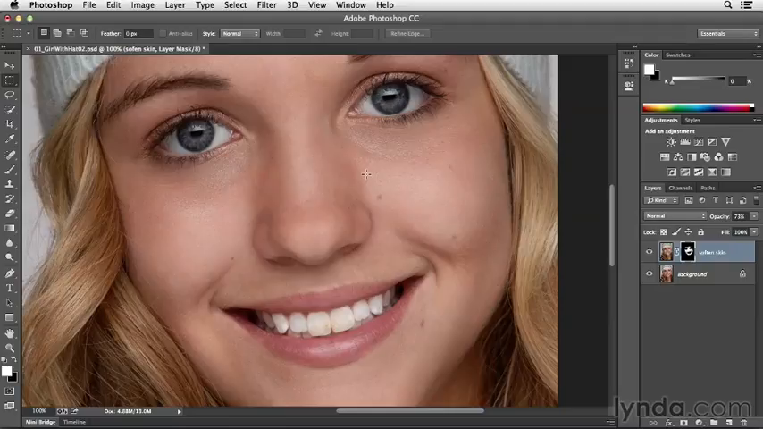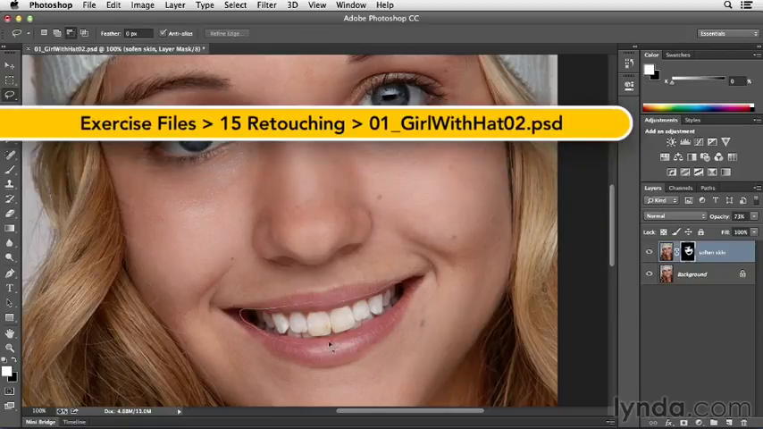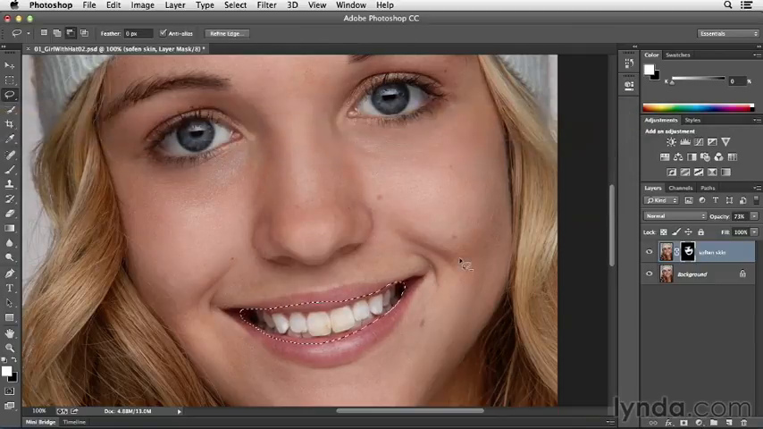We're going to learn a quick way to brighten teeth. I'm going to tap the L key in order to select the lasso tool, and then I'm going to make a selection around the teeth area. Now you'll notice that my selection isn't very exact, and this will still be fine because I'm going to use